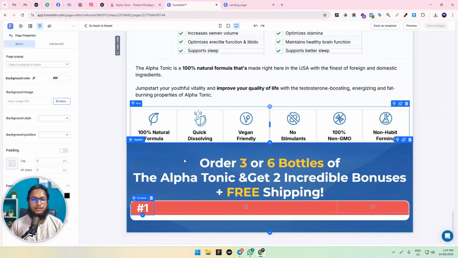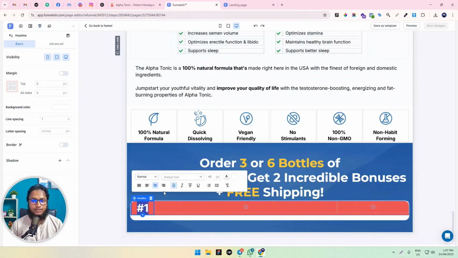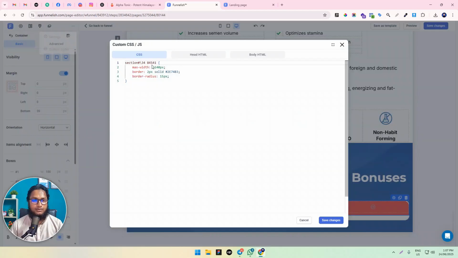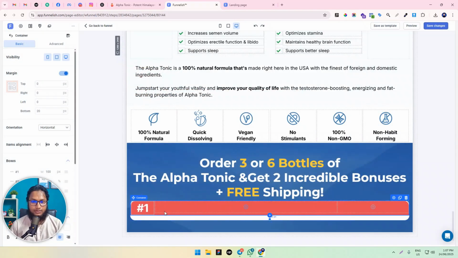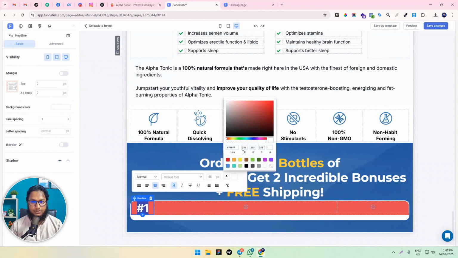Now if we can add space bottom, then the background will be perfectly fit. So for this text we can make it center, and the color should be red. Let's paste the CSS here. This is the CSS code. Save change, and again copy this color code and use this red color on heading,